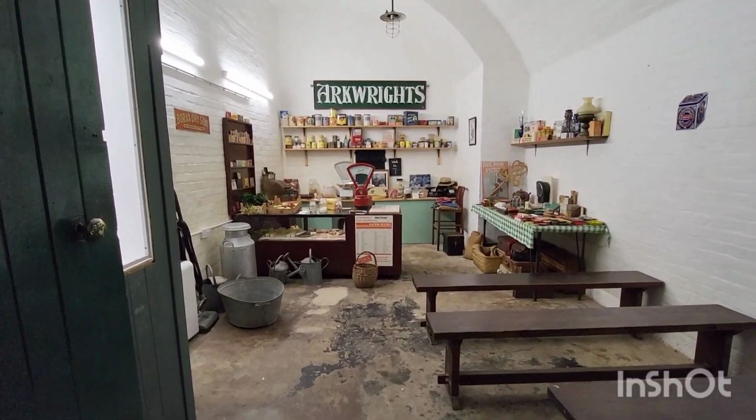Once World War II had ended, there were a few ideas about how to repurpose the fort. There was the idea to install radar to help the accuracy of the guns. It continued to be a coastal defence fort until 1956, when it was closed and declared obsolete. Here you can see an example of the stores